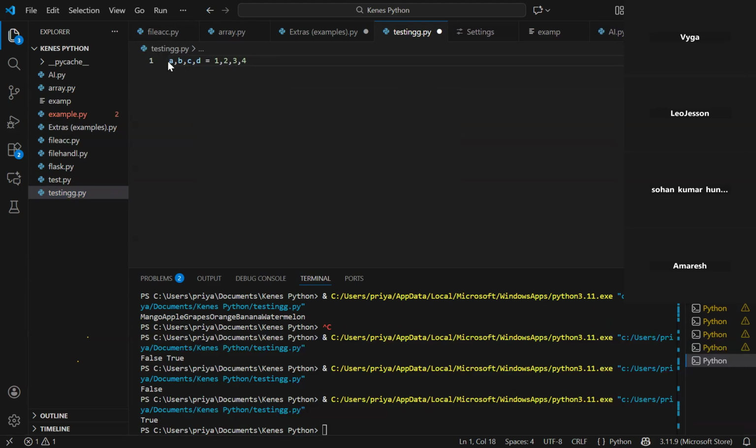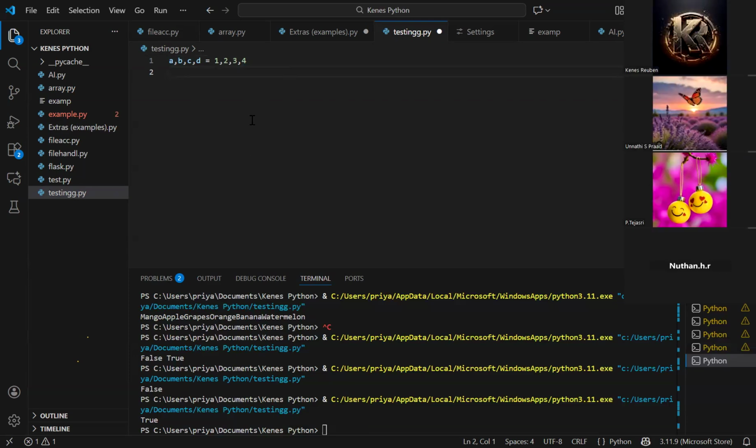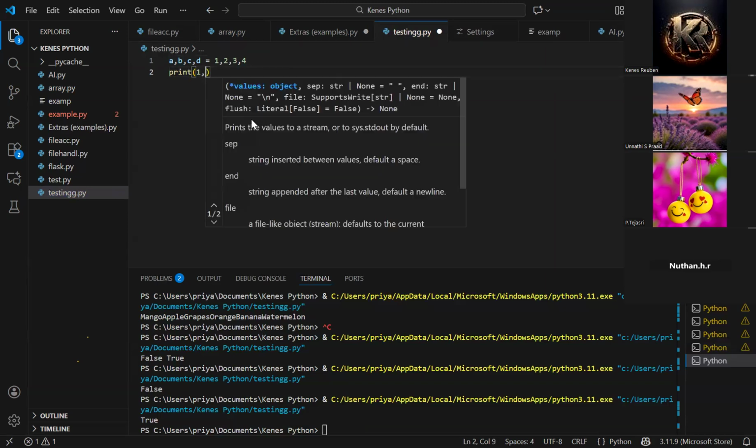Just as simple as it is, as you can see, A will be assigned as 1, B will be assigned as 2, C will be assigned as 3, D will be assigned as 4, as per the order. So that is very much time saving and storage saving also. You can just do it in one line so that you don't have so many lines and don't get confused. In the same way, I print a comma